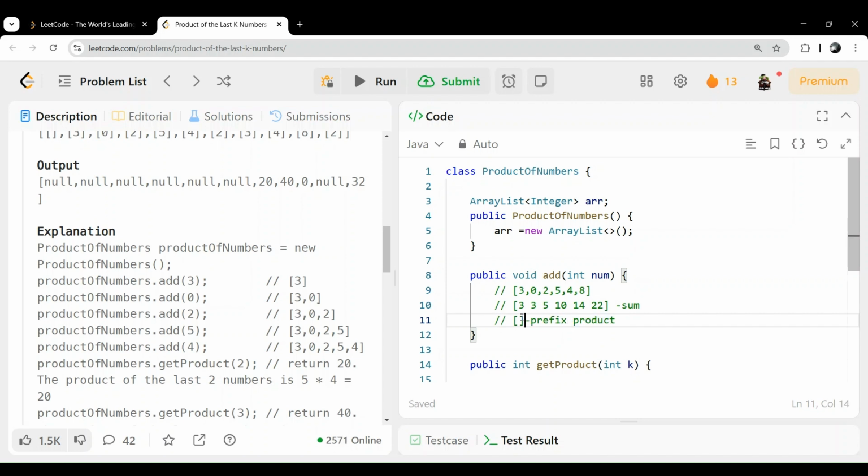Okay, now what I will do, now 3 is there, again 3 into 0 is 0. But if we got 0, that means after that also, if this is included, then it will get 0. So what we will do, we will just delete and again initialize, and initially we can add 1 to it. Okay, so that for better, like 1, and anyway multiplication will be the same. Now 2 into 5 is 10, 10 into 4 is 40, 40 into 8 is